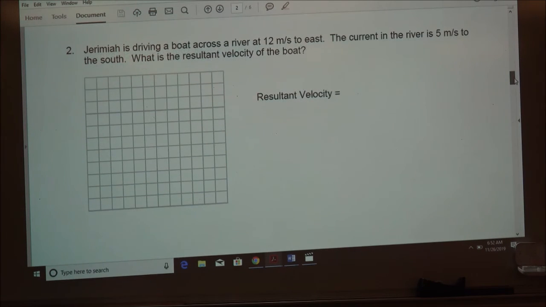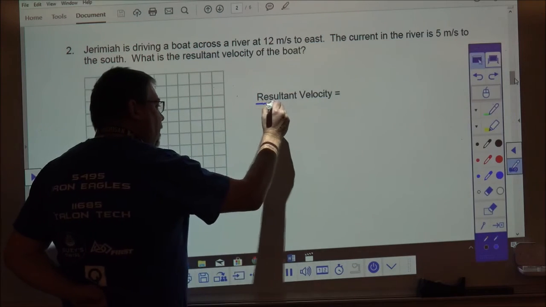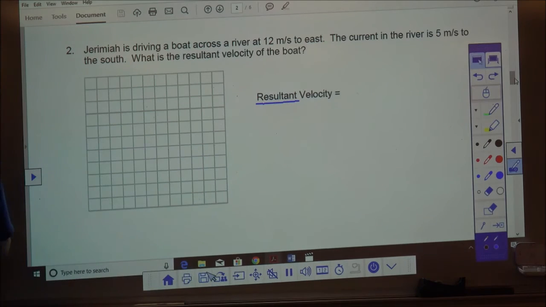So we have Jeremiah is driving his boat across the river at 12 meters per second to the east. The current in the river is 5 meters per second to the south. What is the resultant velocity? All right, remember the word resultant here means the sum. Okay, so 12 to the east,